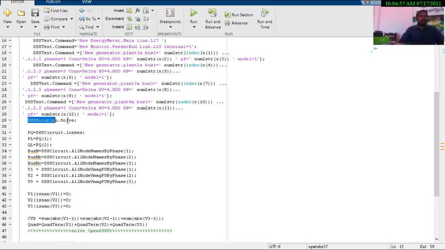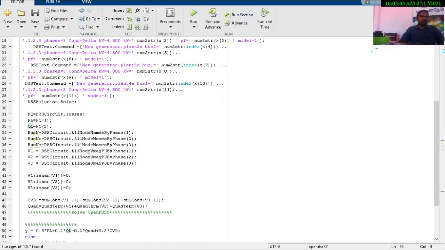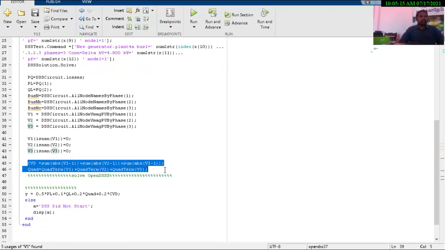Then we apply the solution procedure and compute the losses, real losses and reactive losses. Then we estimate the three phase voltages V1, V2 and V3. Finally we take the quadratic term.